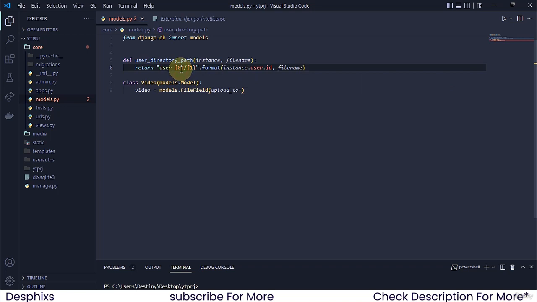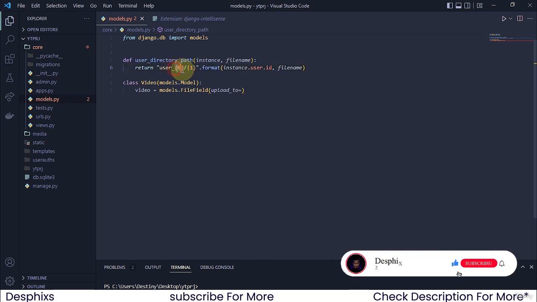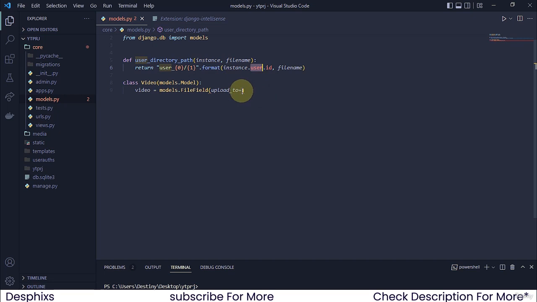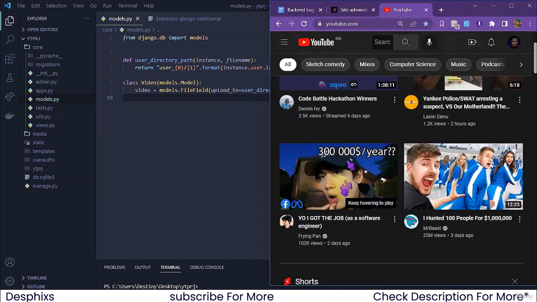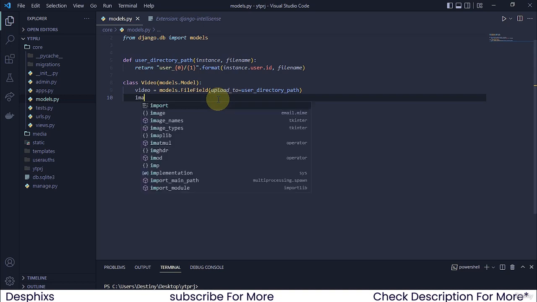Okay, so this is simply going to create a folder, and I'm going to show you guys what this does practically, and it's just going to put whatever a particular user uploads into this folder. So in here, I'm simply going to pass in user directory path, as simple as that. Now the next thing we need is an image, because if you take a close look here, you'd see an image. So we'd need an image, and in order to get an image, you're simply going to say image